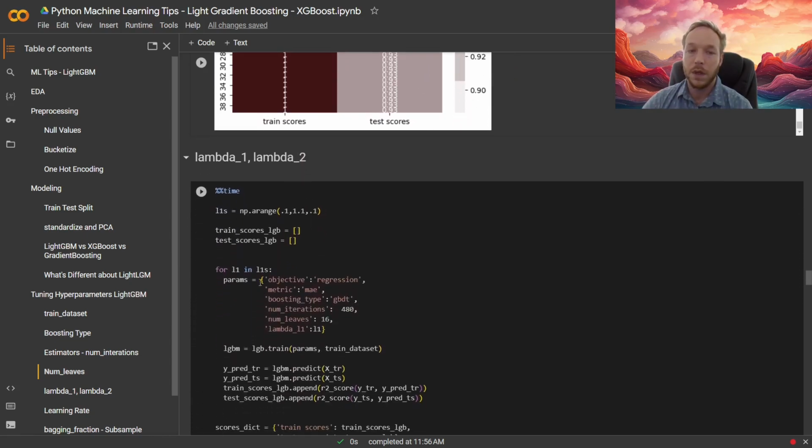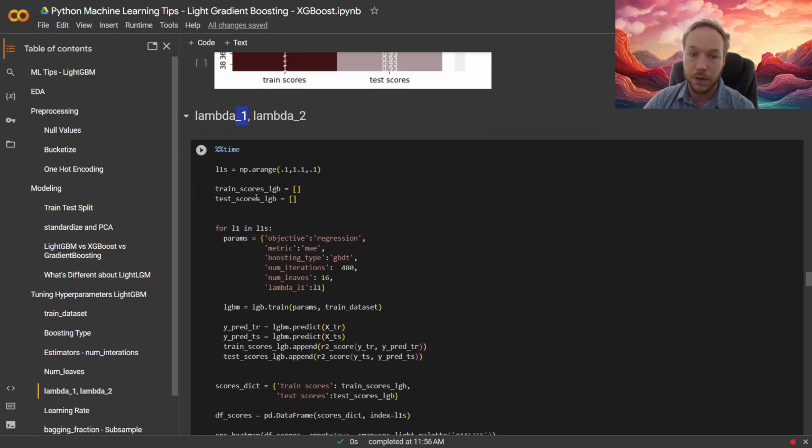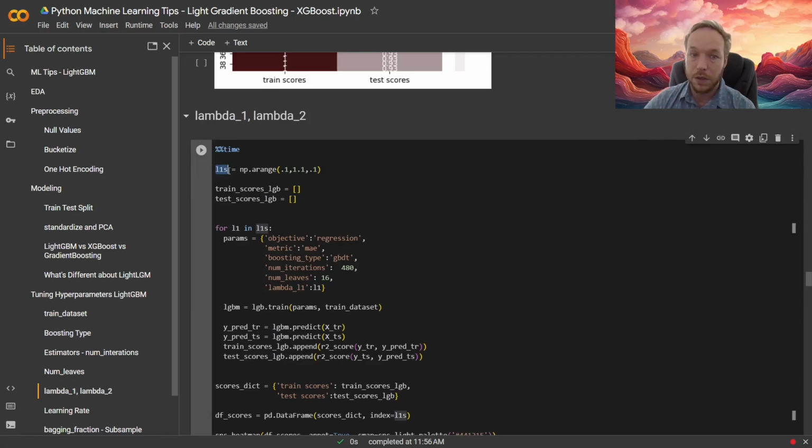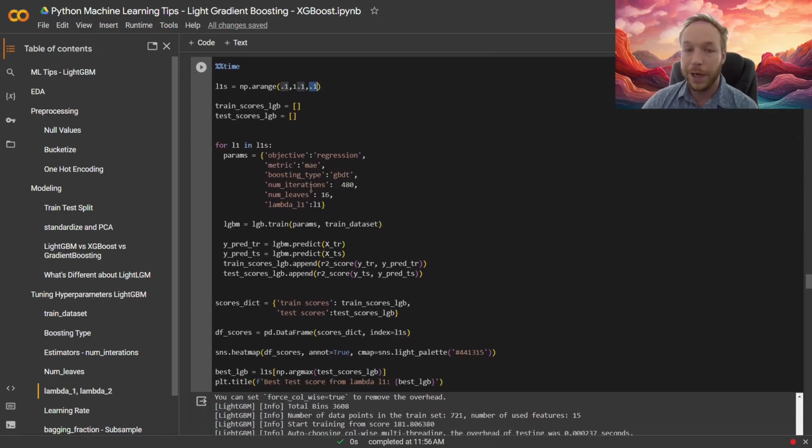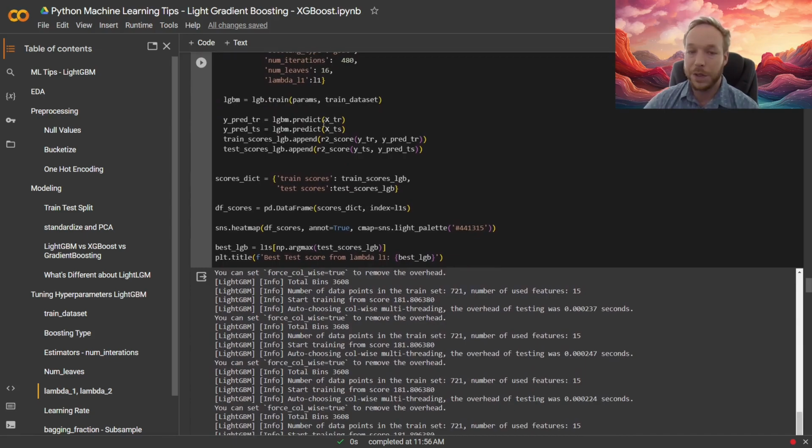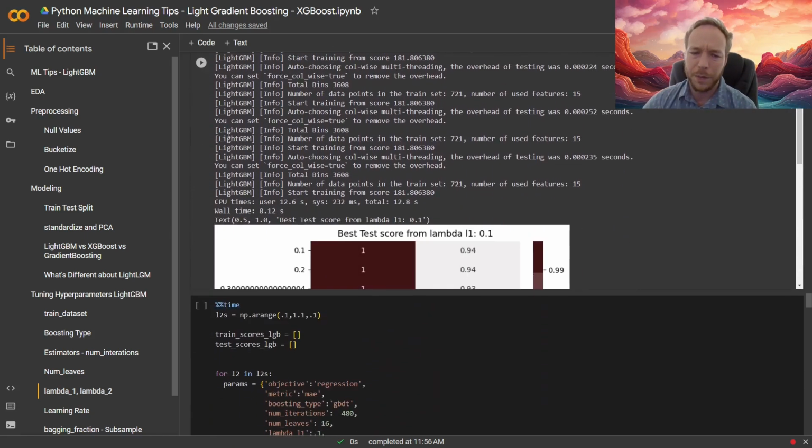Lambda 1 is another feature that's unique to the light gradient boosting. We can tune the lambda regularization 1 and regularization 2, so lasso and ridge types of regularization. I'm going to try them individually here, tuning the lasso regularization, L1, iterating through a list from 0.1 going up by 0.1 up to basically 1, so from 0.1 up to 1.1 but not including 1.1. I went above 1 because we just wanted to see what it was from 0 to 1. You can go more than that, but generally it's not really